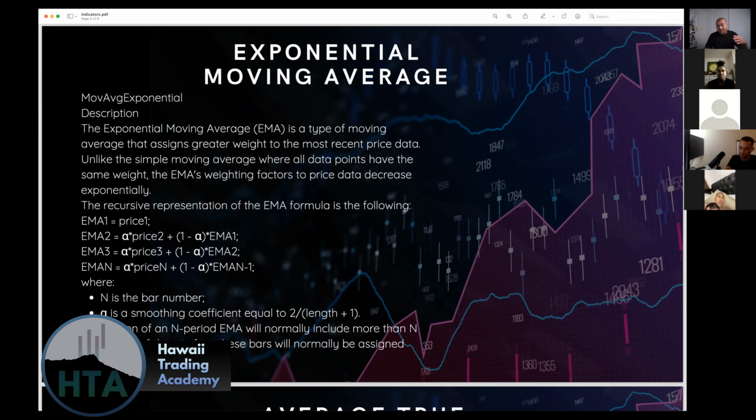It uses the current price action and creates a plot or line that you'll see on the chart when we go into it. There are different types of moving averages you'll see on a chart, and we'll show you that. The reason why we use exponential